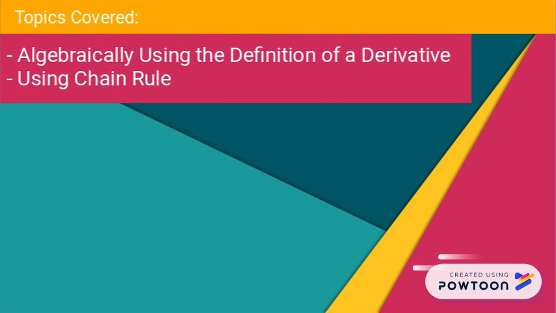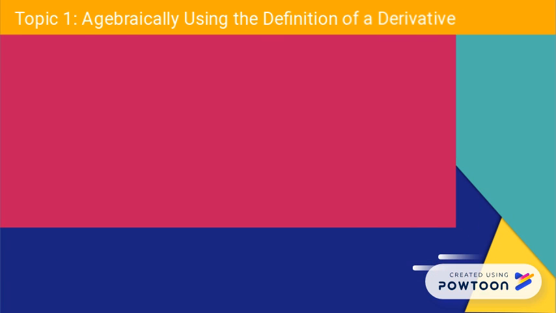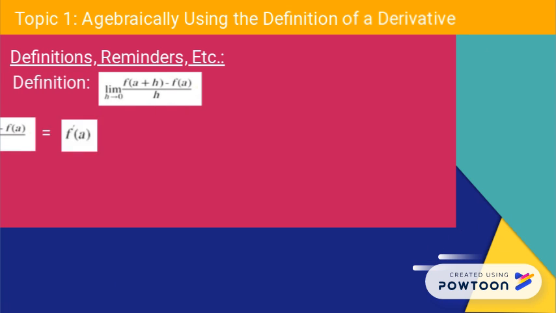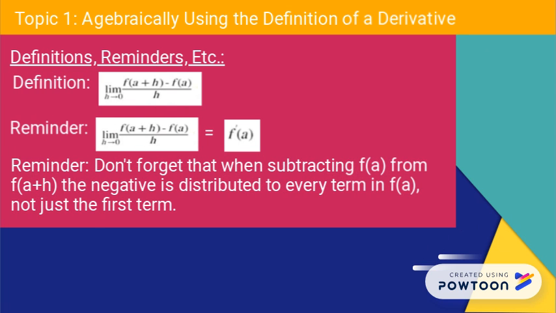The topics I will be covering in this video are algebraically using the definition of a derivative and using the chain rule. When algebraically using the definition of a derivative, it's important to remember the actual definition, which is the limit as h approaches 0 of f of a plus h minus f of a over h. It's also important to remember that the definition of a derivative is equal to the standard derivative notation, which is